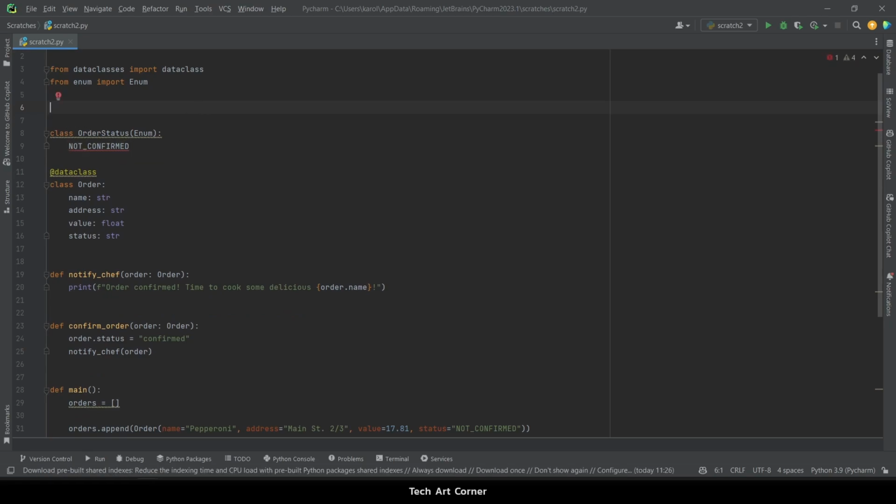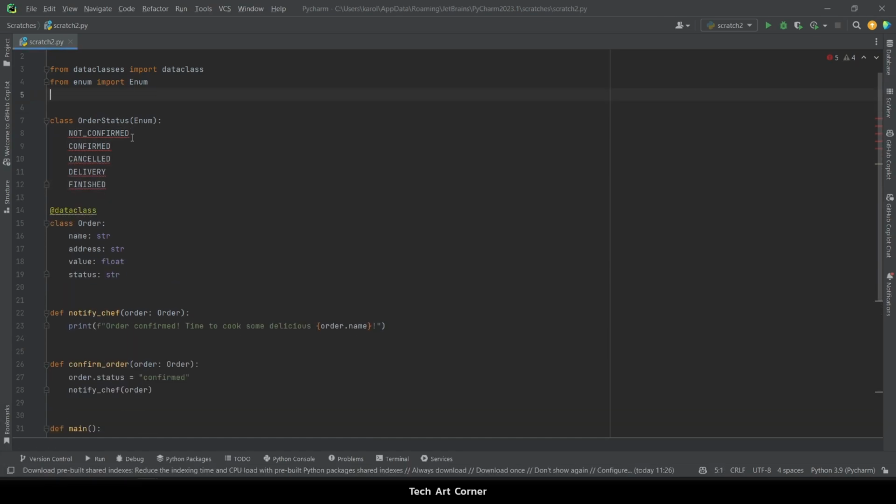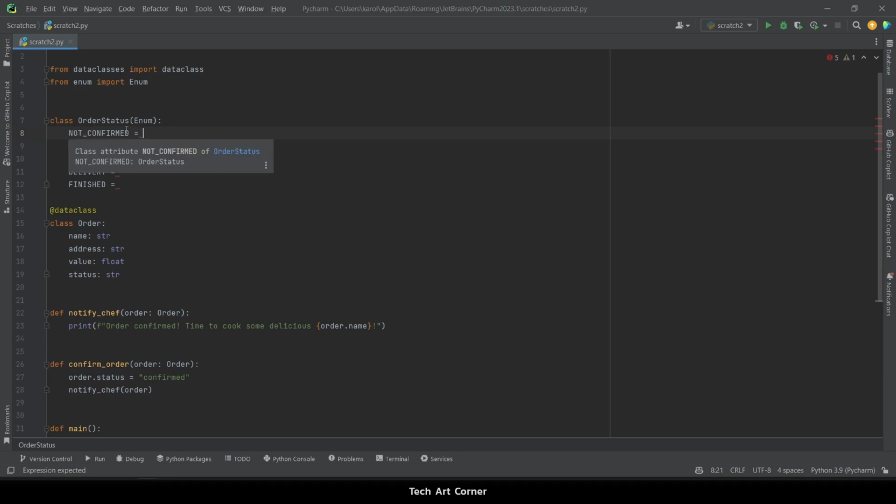So we should declare some names, and let me paste more of them. We're going to be able to make an order, then confirm it, of course cancel, then we have the delivery phase, and once it's finalized, it's finished. Usually, when working with enumerators, we assign an integer value to each of those attributes, like 0, 1, 2, and so on. And that's what you do in C++ or other languages. As long as we use the basic enum, that is going to be always an integer. Integers are simple, take little memory, and operations on them, like comparison, are quite efficient.